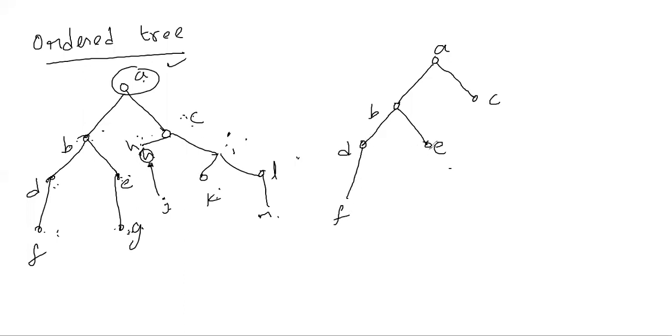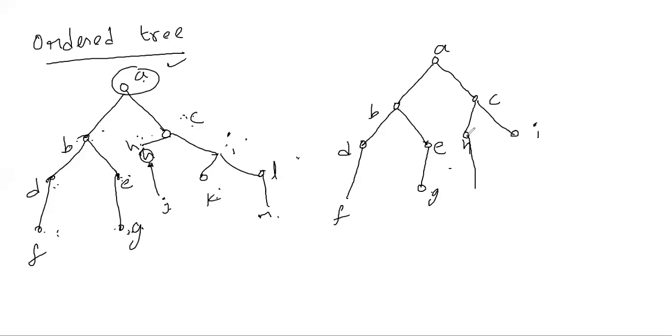Now come to the right side. Does E have any edge? Yes, if there is one, you write G. So now the left side is completed. Now come to the right side, C. Does C have any edges? For example, C has two edges, left to right. So this left I assume as H, since G is already completed. Next give the name to the right, I. Next, if H has any edges, only then we have to give a name.